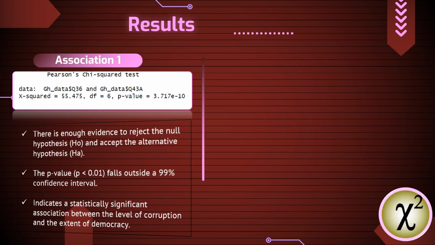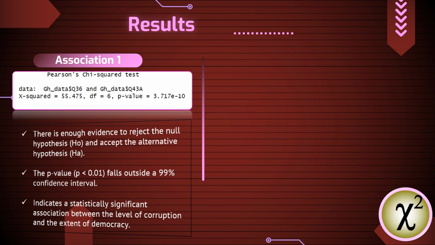Results from the chi-square test. For association 1, the chi-square test revealed a chi-square value of 55.475, a degree of freedom of 6, and a p-value of 3.717 times e raised to the power minus 10. This gives enough evidence to reject the null hypothesis and accept the alternative hypothesis that there is a relationship between the level of corruption and the extent of democracy. The p-value less than 0.001 falls outside the 99% confidence interval, indicating a statistically significant association between corruption and the